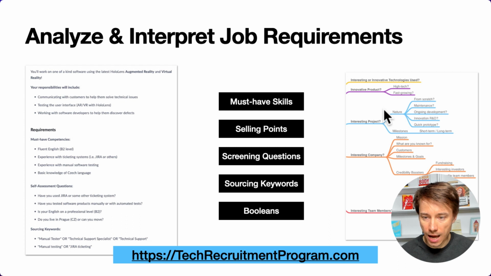Like if you screw this up, then you can waste days or weeks looking for IT professionals and not find the right person. So that's why it is very important for you to be able to identify the must-have skills, identify the selling points, which you can determine mostly during the interview, the discovery meeting, or a call with the hiring manager. Also, you need to be able to come up with the right screening questions that will help you categorize candidates, and also the right sourcing keywords that you can use to find people on LinkedIn, GitHub, or elsewhere,